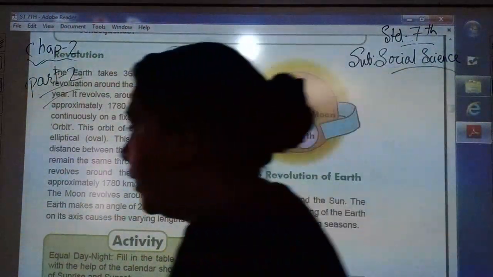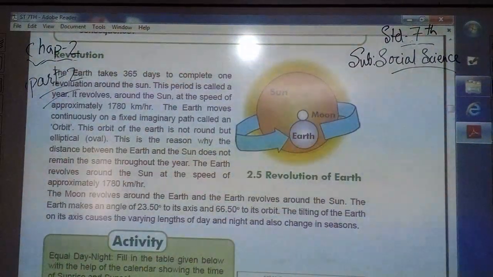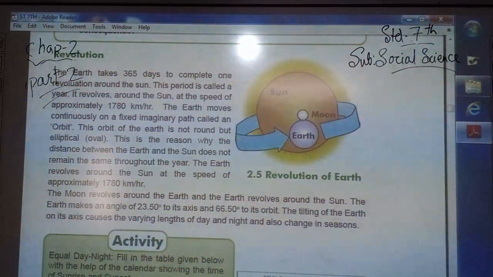Have you understood? Okay. Now we will take another point out. Here we have today discussed the various points of the motion of the Earth. We have learned about the motion of the Earth. In that, we have done two main topics. First is the revolution, and second is the